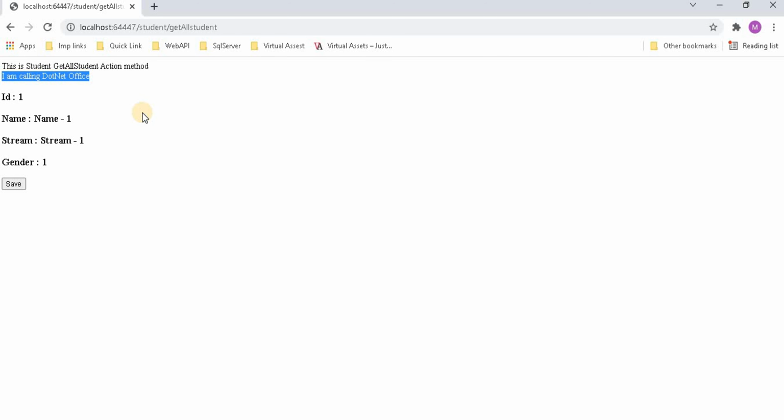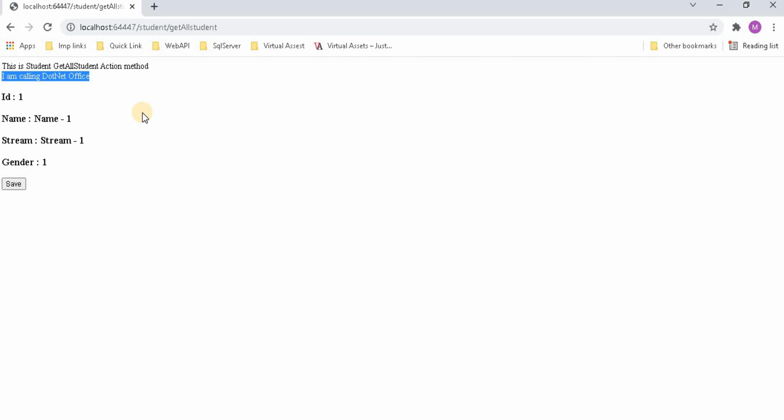Another thing, if I want to pass the TempData, similar to this ViewData we have to use the TempData. So this is called from TempData.